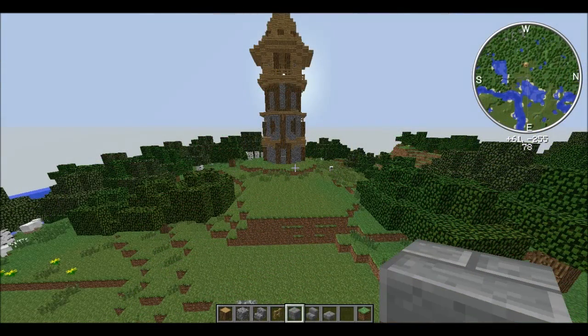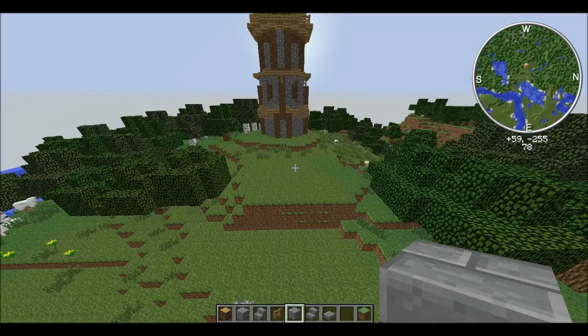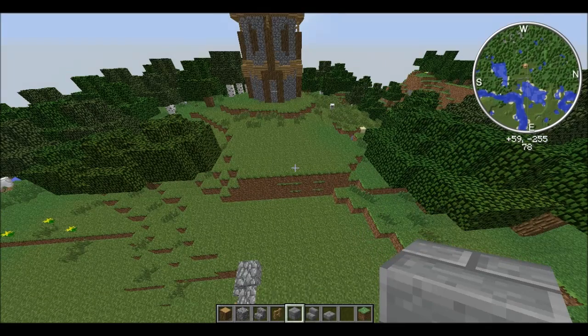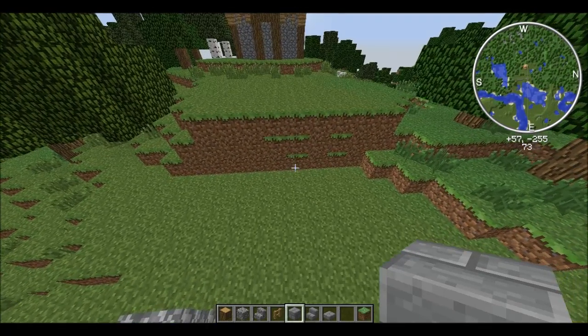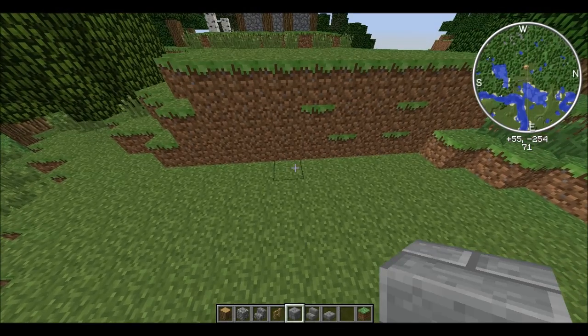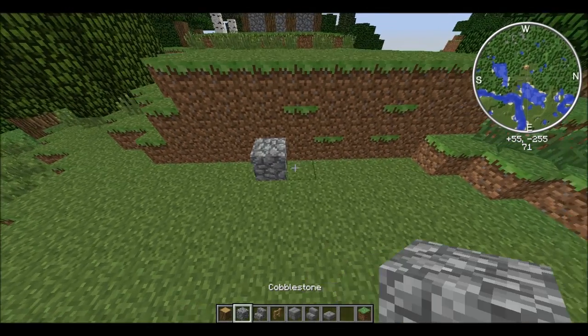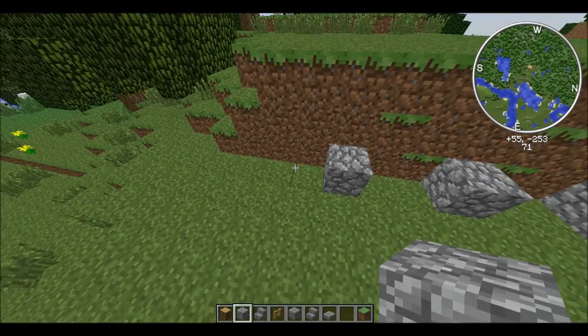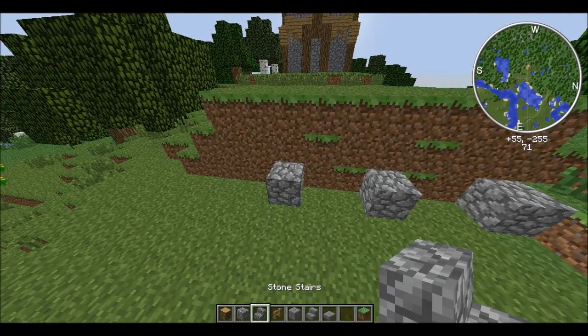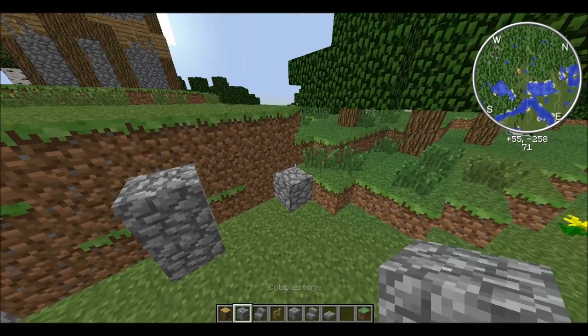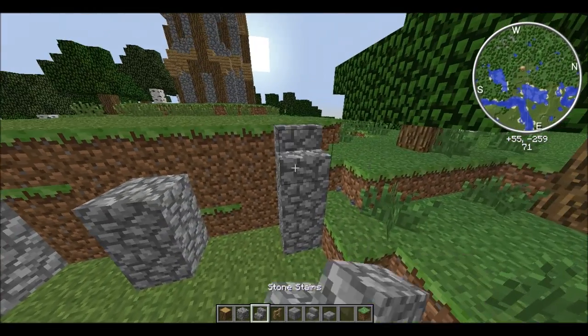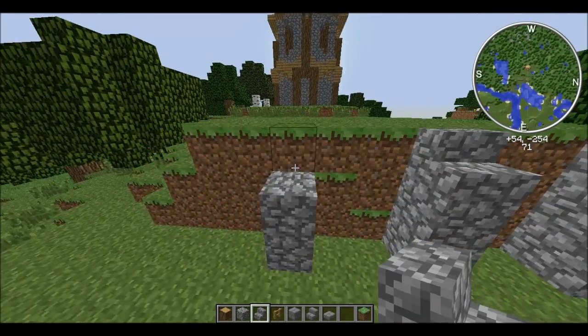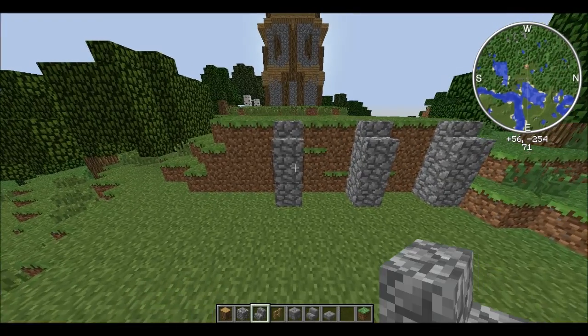Okay guys, the fourth design is going to be 6 blocks tall, and it's a landscaping wall, and your hill behind the wall is going to be 3 blocks tall, not 4 this time, 3. And this is a fairly simple design. It's going to be a cobblestone, skip 2, cobblestone, skip 2, cobblestone, pretty much through the whole thing. And then on top of that, you're just going to place another block, and then a cobblestone staircase, and that's all the cobble that will be in this wall. That's just an accent basically.